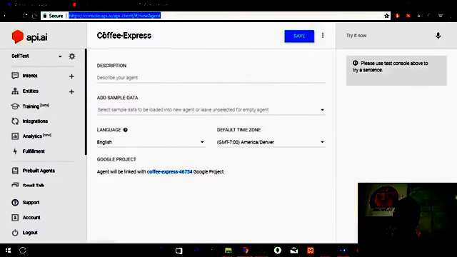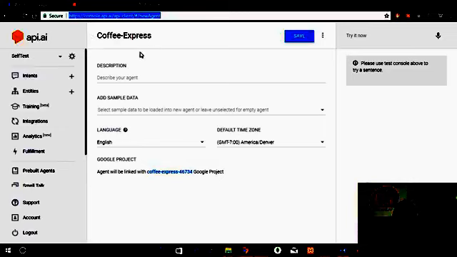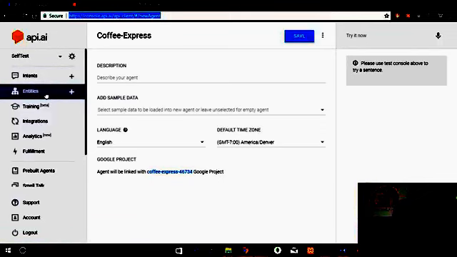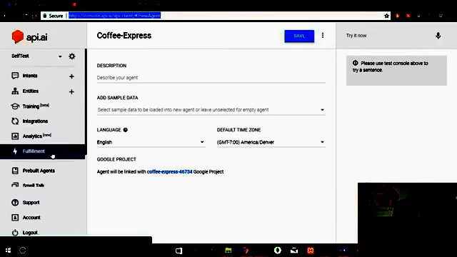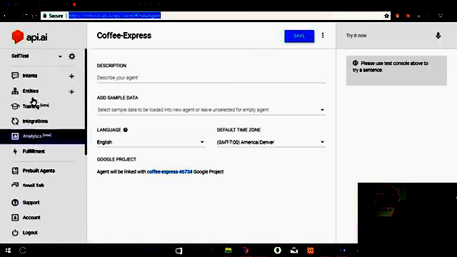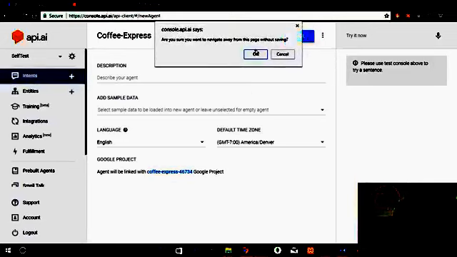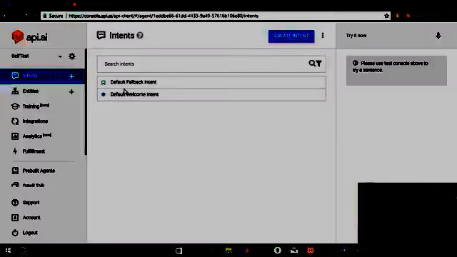Okay, so coming back to the API.AI, how do you actually create your conversations and other things? On the left, you can see things like intents, entities, integration, and fulfillment. Today, we'll be talking in detail about these things. The others we can explore later on. So let's look into what an intent is.